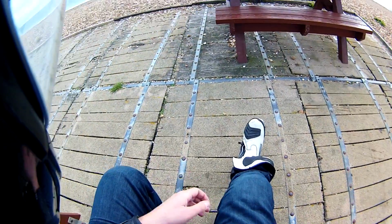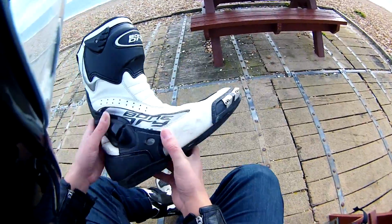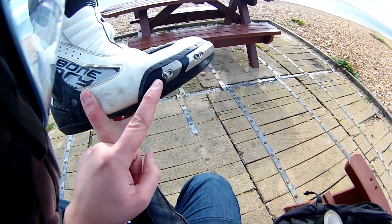Hey everybody, as you can see, I don't have my icon boots on today. These are my Oxford Bone Dries. I'm going to tell you a story about them as I destroy them. First thing I need to do though is duct tape them onto my feet, but I'm just going to show you more closely. I'll explain the story, but as you can see, broken toe sliders,